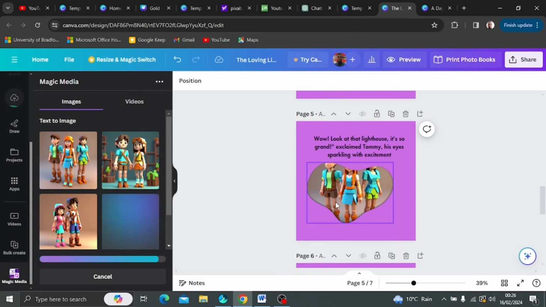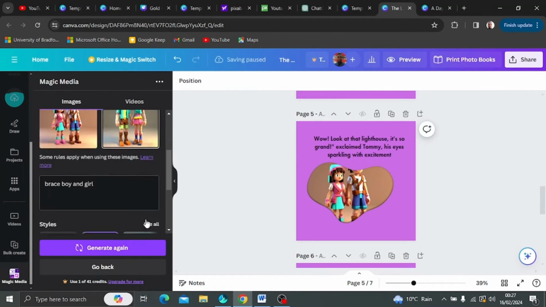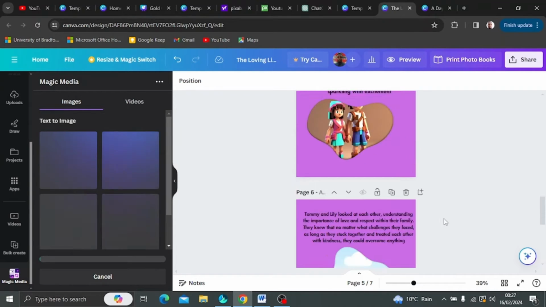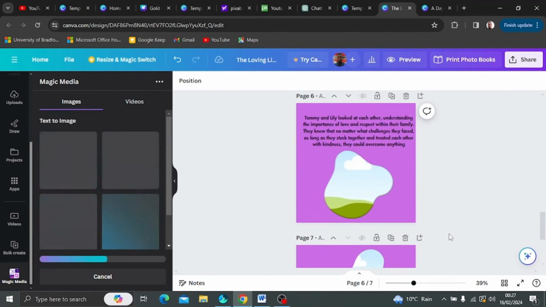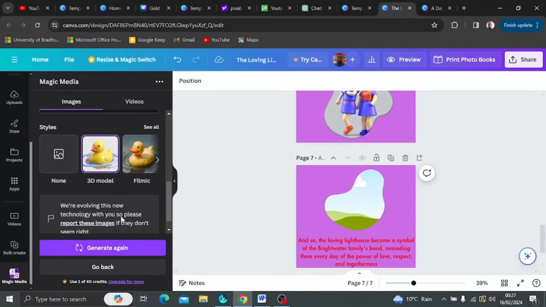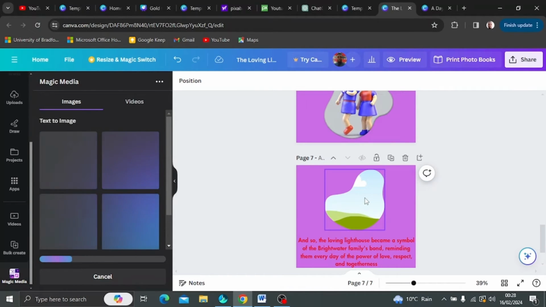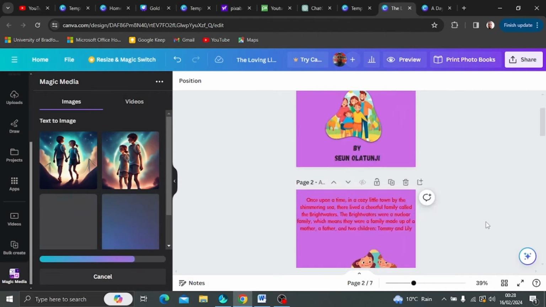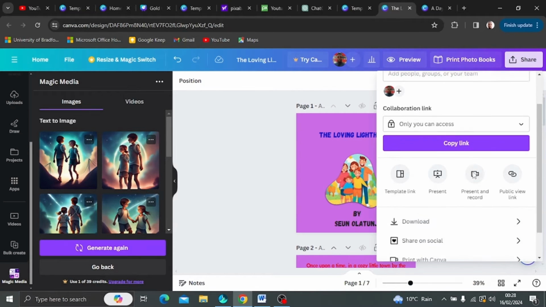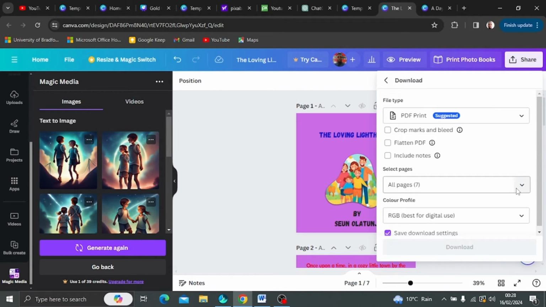So I'm just going to forward this video, and then as I change and put different kinds of images, different styles of kids related images, then you can see that. And there we go. You share, and then you download as PDF. Then you go to more. When you go to more, you scroll down and select